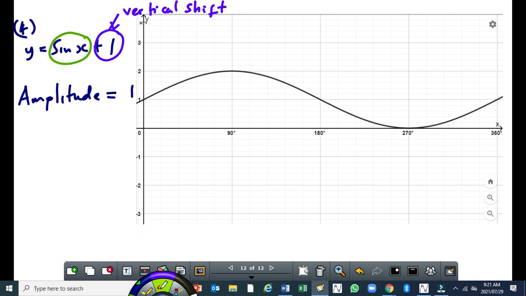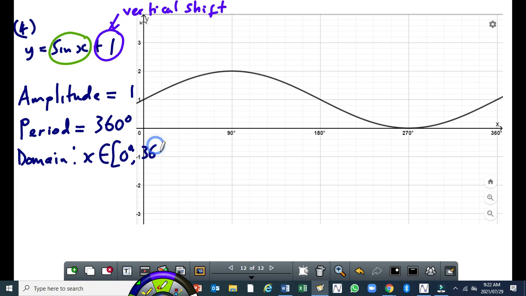to understand. If you know how to use a calculator to do a table of values, you should be able to sketch this graph. And I showed you how to use a calculator to determine the table of values. Right, so the period is 360 degrees. The domain is x is an element, we are starting from 0 degrees up to 360 degrees. The range,